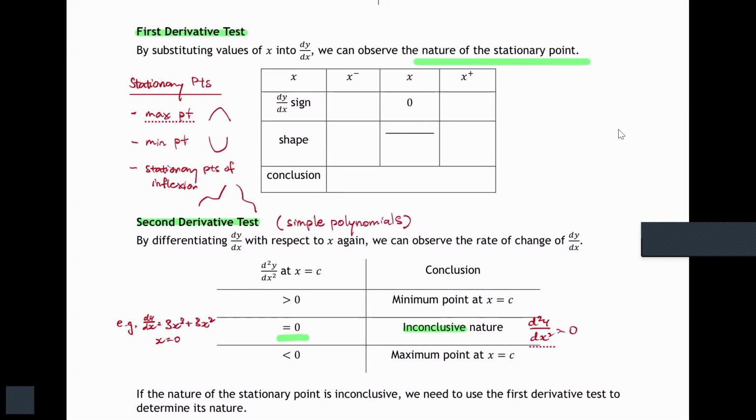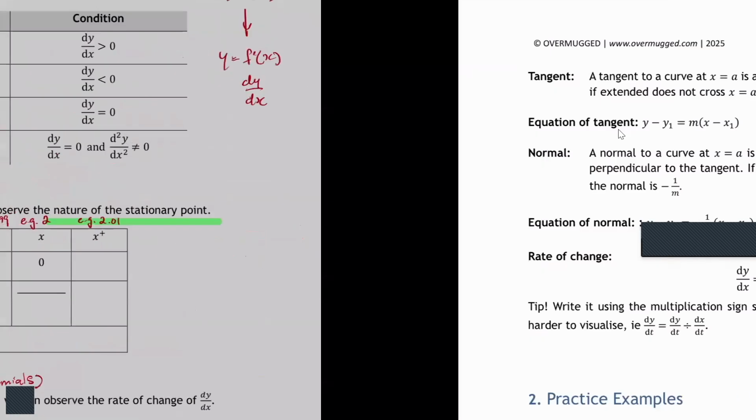So the advantage of first derivative is that it is always usable. It's just that you need to sub two different values using your calculator. So say if this is x equals 2, sub, for example, 1.99 and 2.01. So I press my calculator and find the dy dx value when I sub a value smaller and a value bigger. Okay, can. Let's move on.